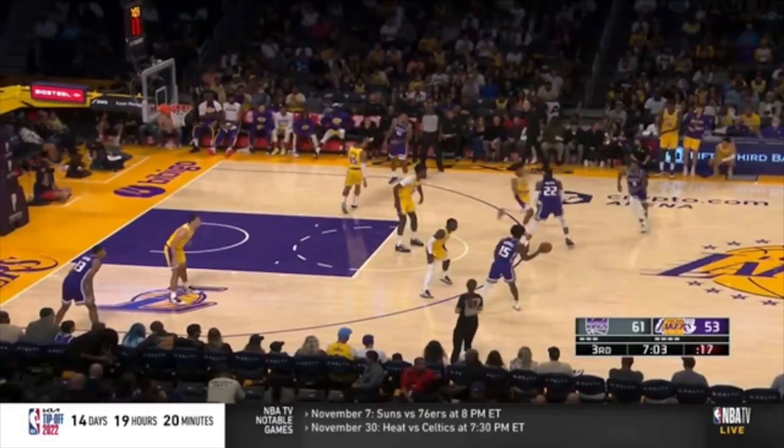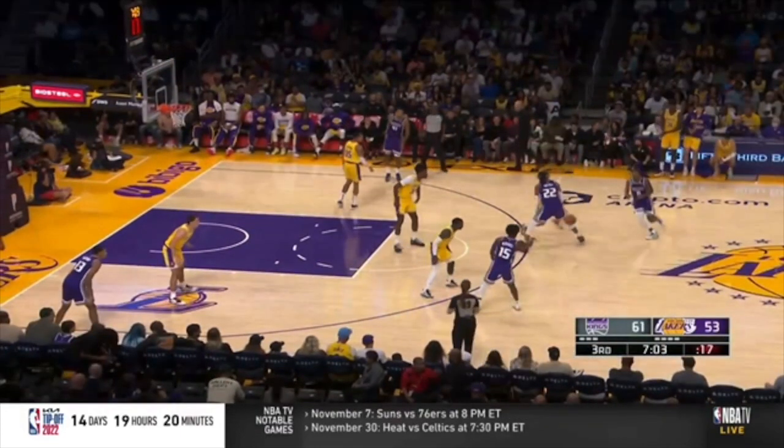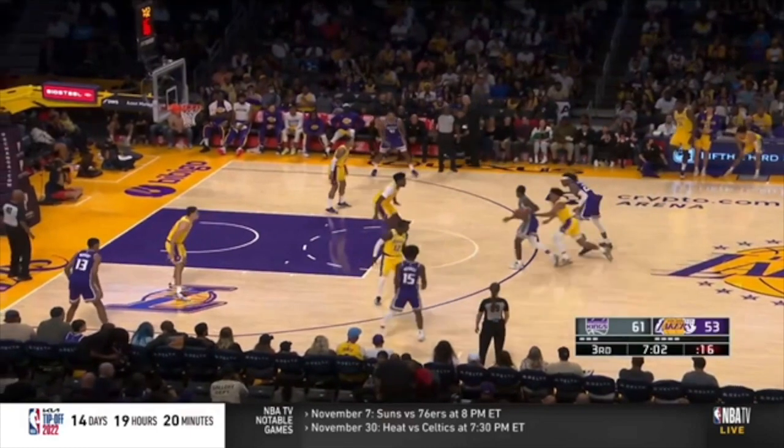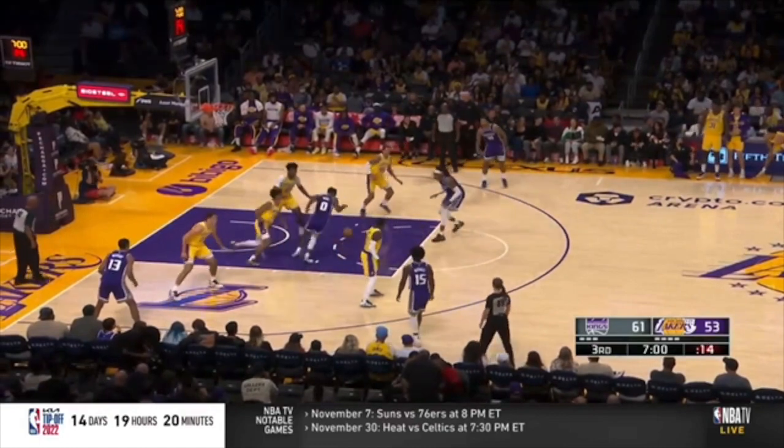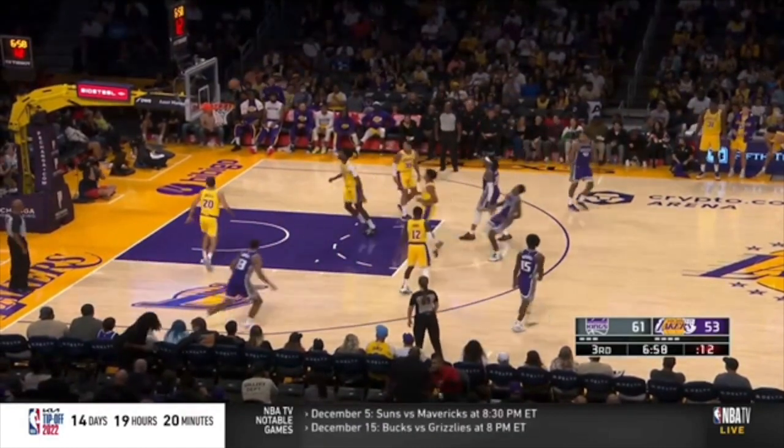Down screen, you have to defend this down screen the right way. This player has to get up and get his arms out, so this player cannot curl right off of it. He has to go out, and this chase can happen. But look at this. See how you let this player curl because you don't get your arms out? So now this player is right into the lane, and it's going to be an easy step-back jumper.